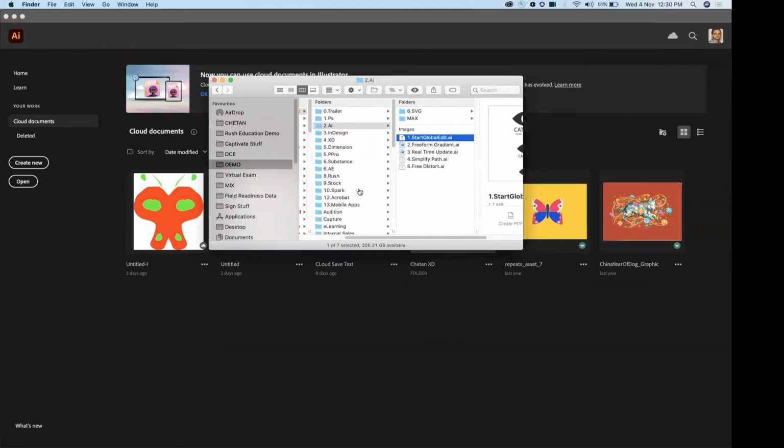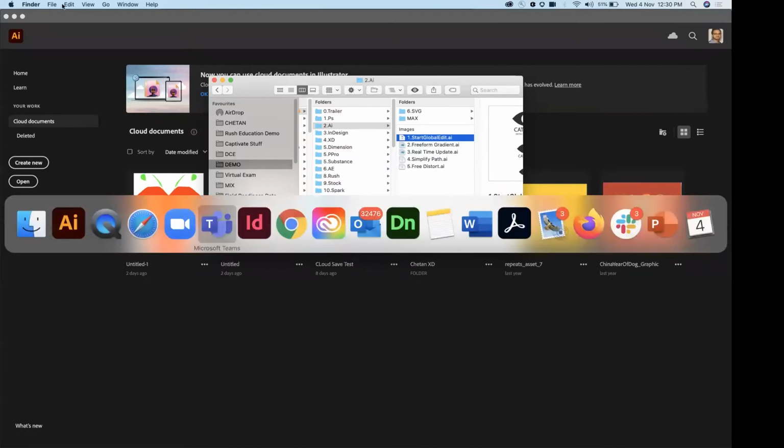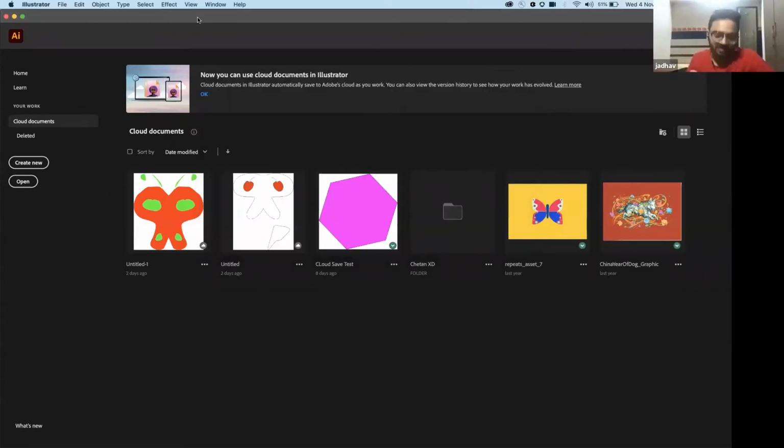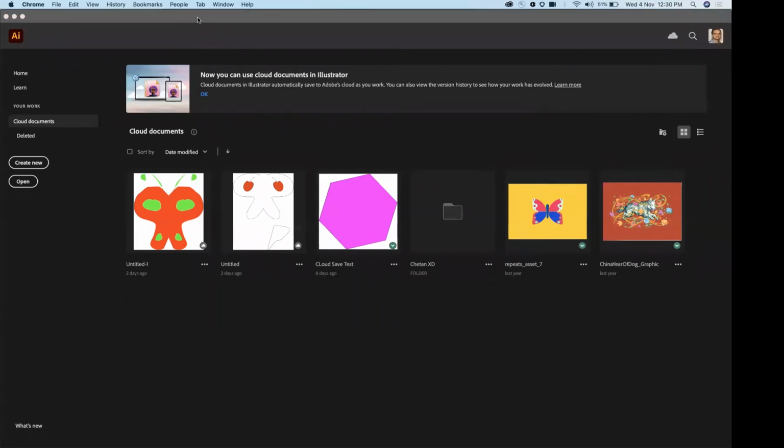Okay, quick question. Does this feature also work in InDesign? This is Illustrator. This is an Illustrator-specific feature, and it applies to all the elements or logos within the Illustrator file. Means suppose we have 5 files in Illustrator, and in all 5 files the same logo is present, and if we change it in only one file, can we change it in all files?